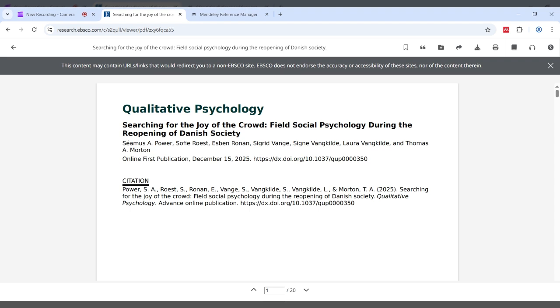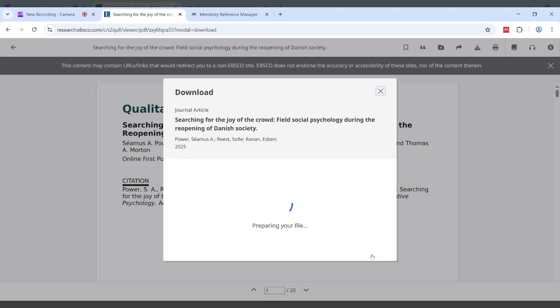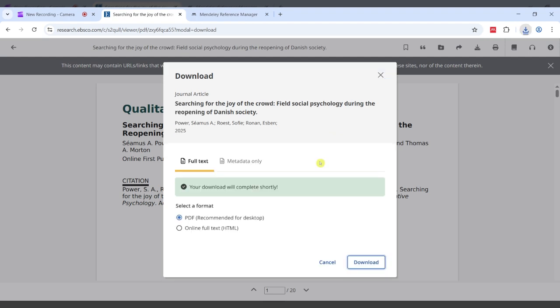So you had a download option back there, or else you can click into it and download it from the PDF reader. So up at the top bar, the fifth one in, you can see download. So whatever way is easiest to do it. And we'll go for PDF format because that'll be the one that'll work best with Mendeley. You can see there that's gone up into my downloads in the top right.